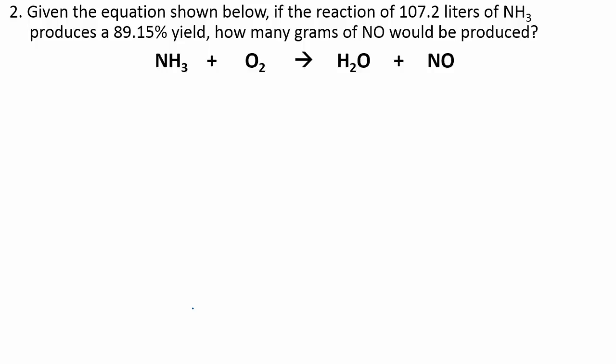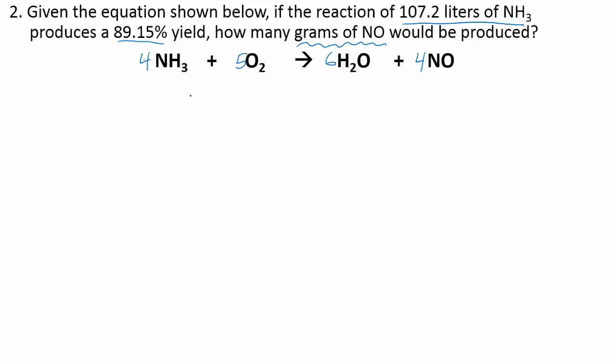Now, the first thing to do, as with all stoichiometry problems, is to balance the equation first. So we're going to balance this equation, and again, we won't take a lot of time talking through this because I think by now you guys are pretty good at balancing equations. This is 4, 5, 6, 4 in our balanced equation here. So this question is suggesting that you're given 107.2 liters of ammonia, and you're trying to find out how much nitrogen monoxide, how much NO, we should be able to make from that. And then at the end, we'll go on and adjust it for the fact that our reaction is only 89.15%